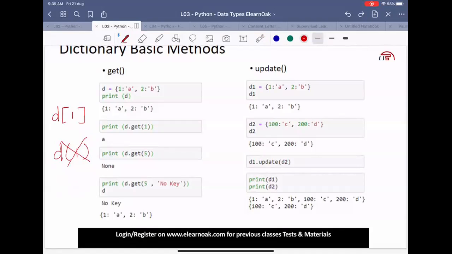Now we want to access a dictionary item. You have to write D, and within square brackets, you have to write 1. We'll be able to access this. So if this is the way we can access the elements of the dictionary, why do we need the get function? The reason we need the get function is here. If I try to access D of 5, it will throw us an error. It will say that 5 does not exist, and thus I have an error.